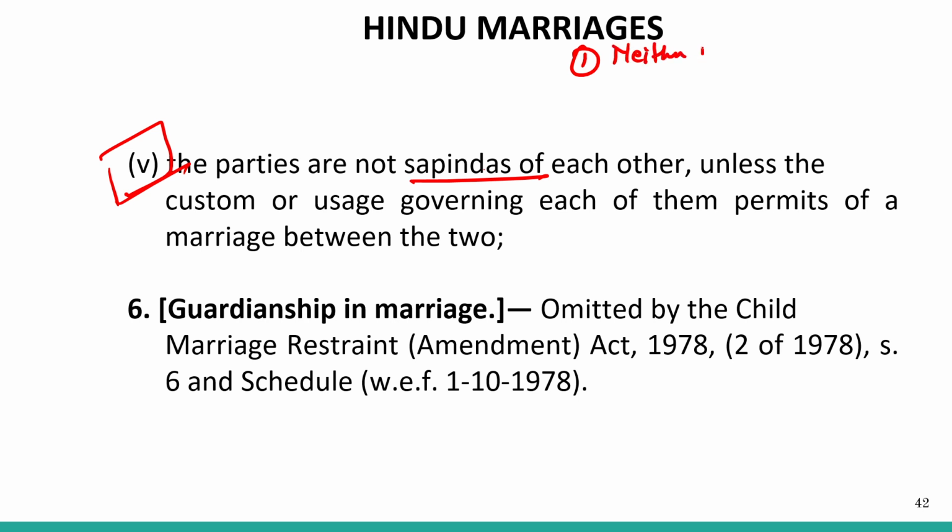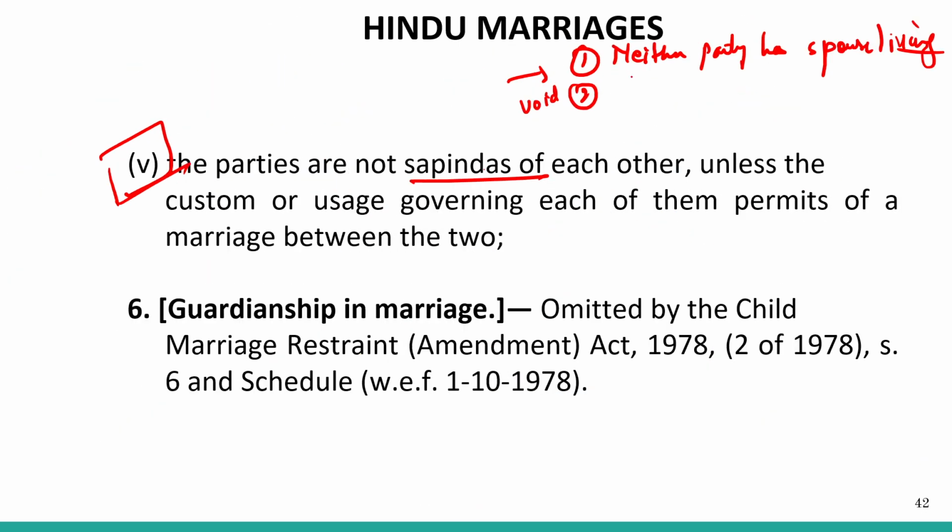Neither party has a spouse living. In this particular condition also, unless there is disclosure that the other party has a spouse living, it will still be considered a valid marriage. Once it comes to the knowledge that the spouse is living, it will directly be converted into a void marriage. The second condition is